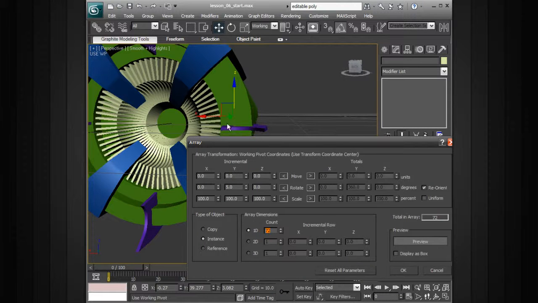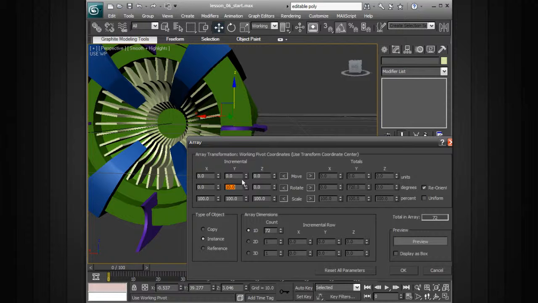So it's not like you're making 35 or 71 additional copies. You're actually including this in the number for the array. Now these might be a little bit too close. So what we can do is bump the angle value, or the rotation value here. So we can take that to 10, and in this case we only need 36 copies, and that will encompass 360 degrees. So that gives us all of the copies we need all the way around here, and we're able